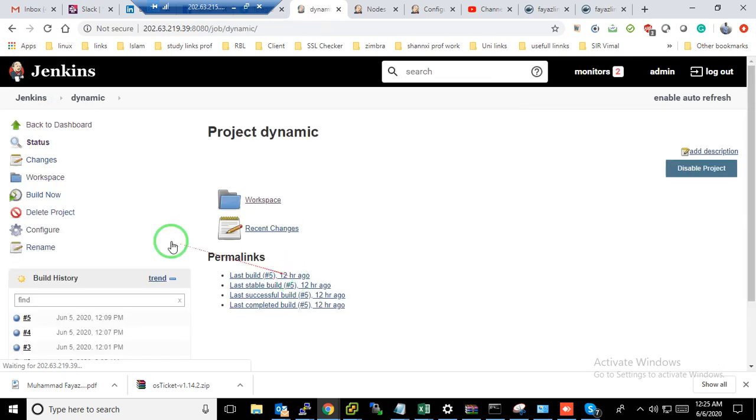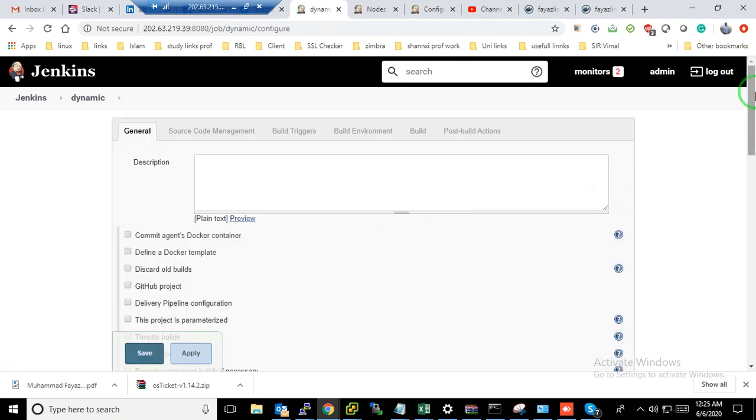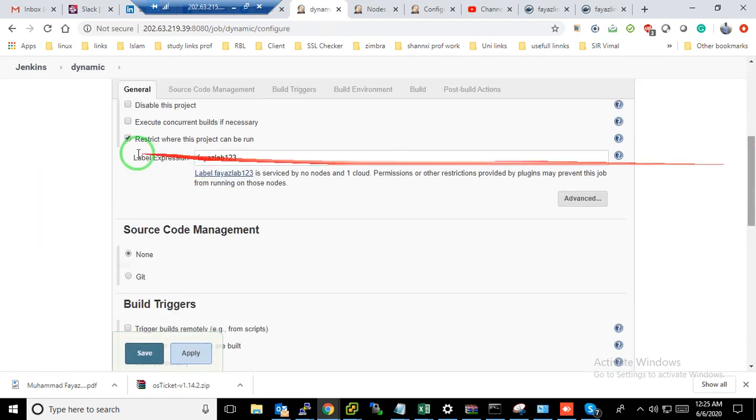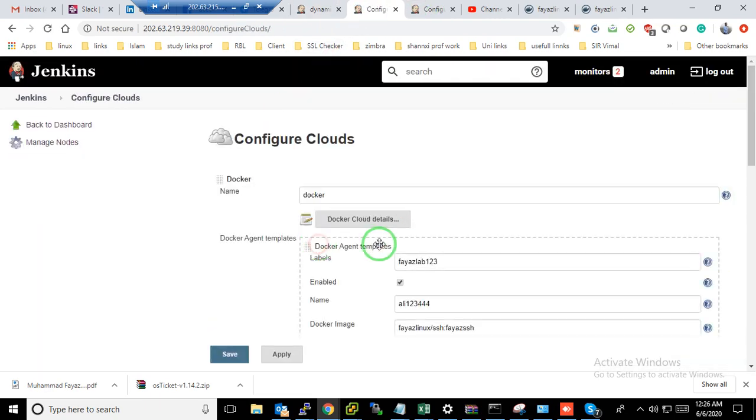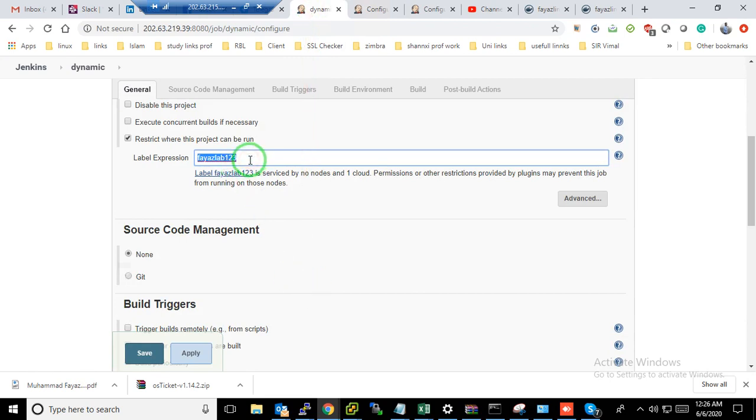For the dynamic one, you can see we will go to the configure page of the job we have created here. You can create it the same way. Here you can see the option to restrict where this project can be run. I have given the label that I put in the Docker template configuration, the same label here.